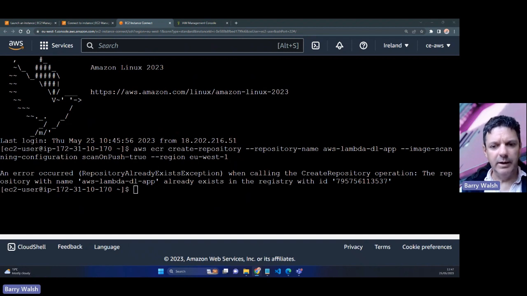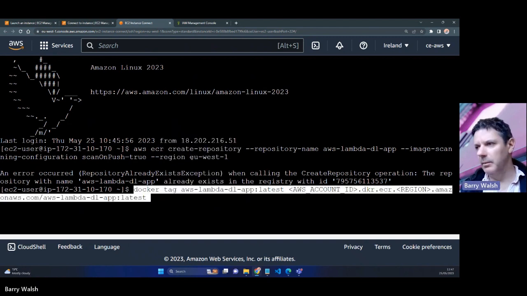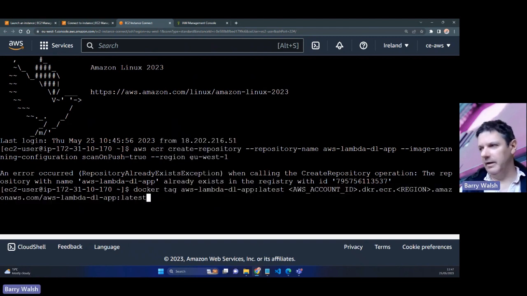Step 4 is to tag the image to the repo name. So copy that command in. Now, at the moment, we can't run it as it is because this is a template command. It's saying AWS account ID and region in tags there. We need to replace them with the actual region that we're in and the account name. So EU West 1 and my account ID